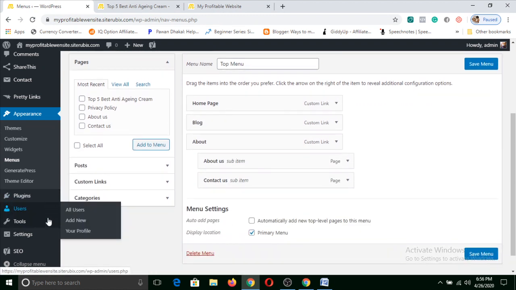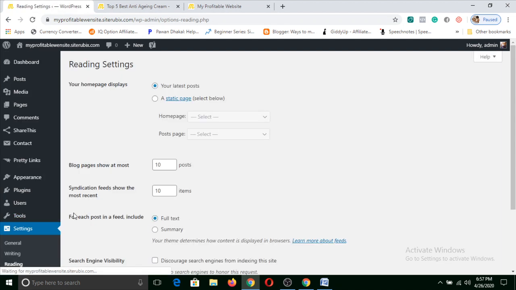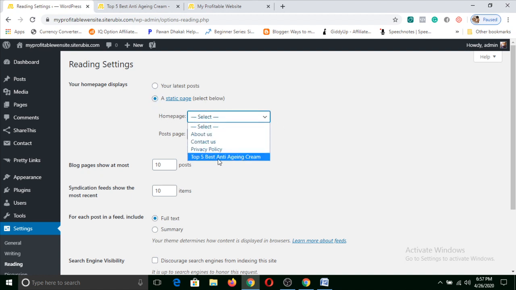And then after that you go to settings, and then you go to reading. In settings you go to reading. Once you go to reading, then you click on static page and click on this homepage section and click on the review that you have made, the top 5 product or top 10 product, whatever you made the page about.